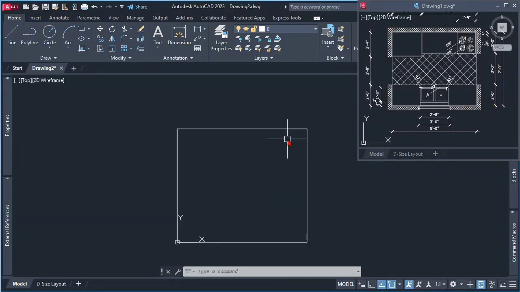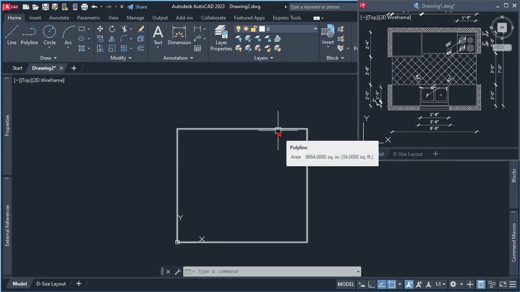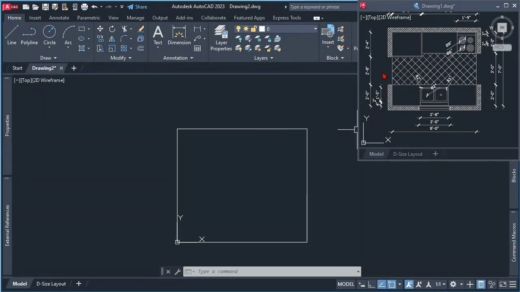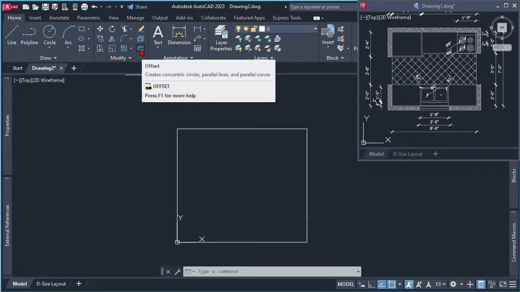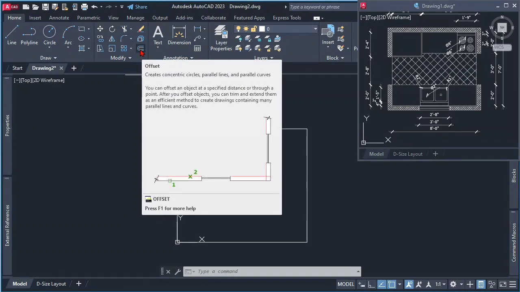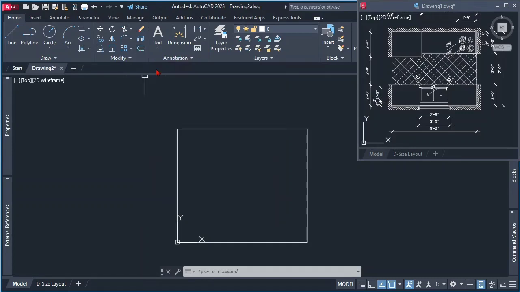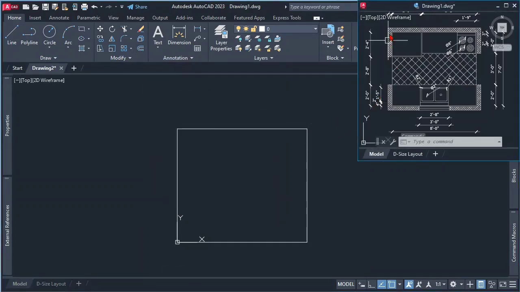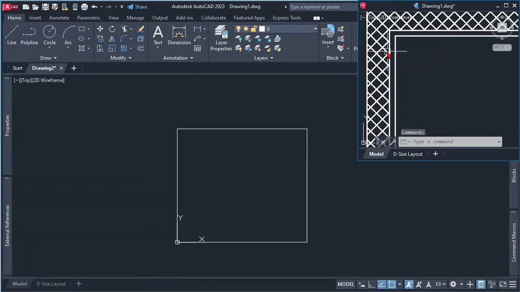So what I like to do next is introduce you to another tool or command in AutoCAD that is called offset. Offset is over here on the modify ribbon panel. So it's right here, offset. And what it does is it creates parallel lines. So that's what we're going to need to offset or create these